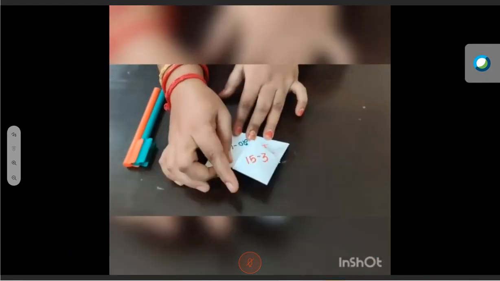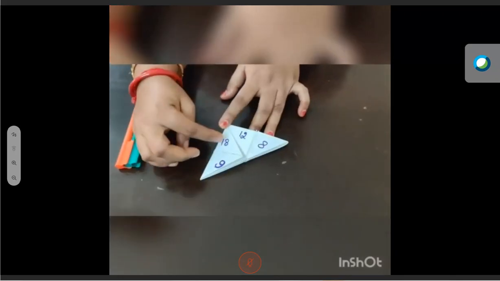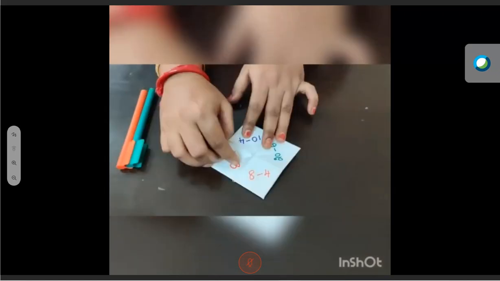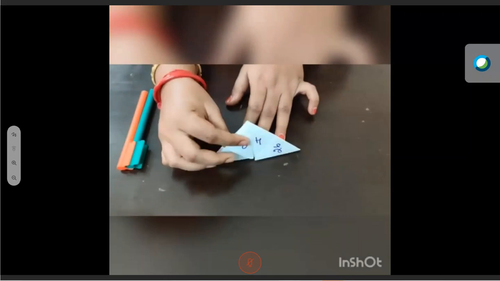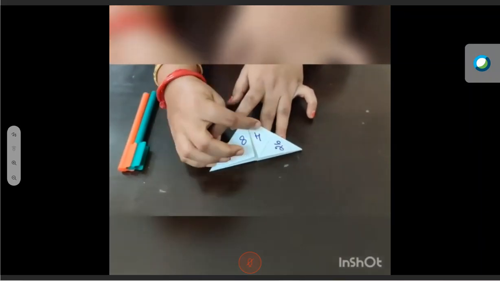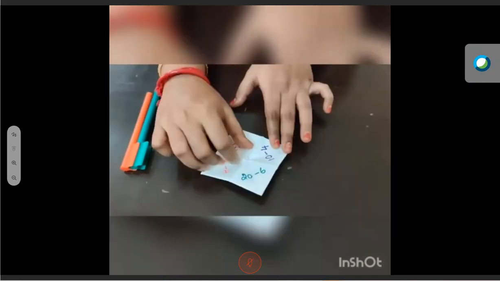I'm going to explain. I will send the video to you all. See, inside you are going to write the answer. Outside you are going to write the questions. Answer with the wrong answers also, like choose the best answers. So you will play with the others by asking the questions. It's interesting, no? It's a play-way method to learn subtraction.